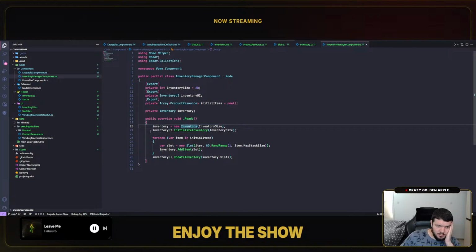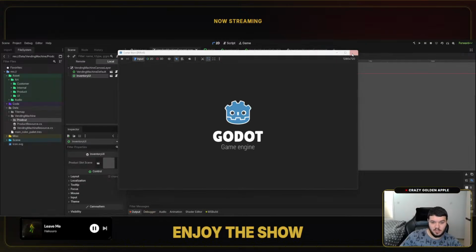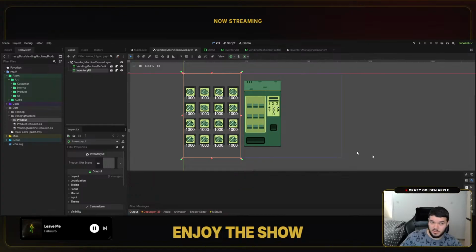I make a new inventory, initialize the inventory, then I add some items, and then I update the inventory. Okay, it looks correct. No, it's not correct, because I made the same mistake another time. No, it will not work. Of course it will not work, because I need to add